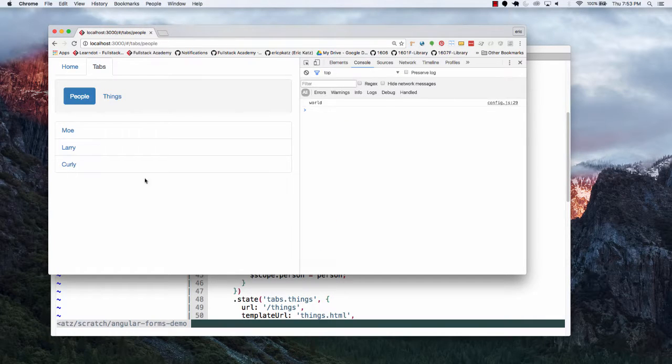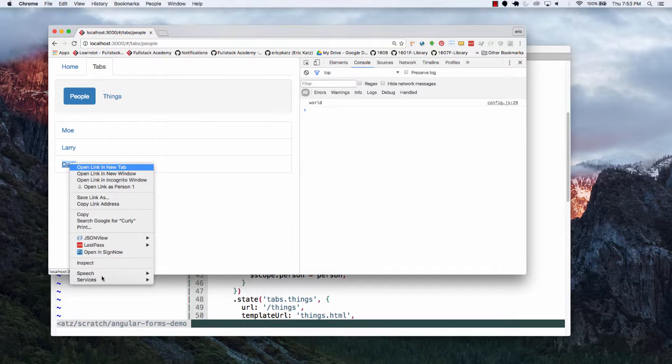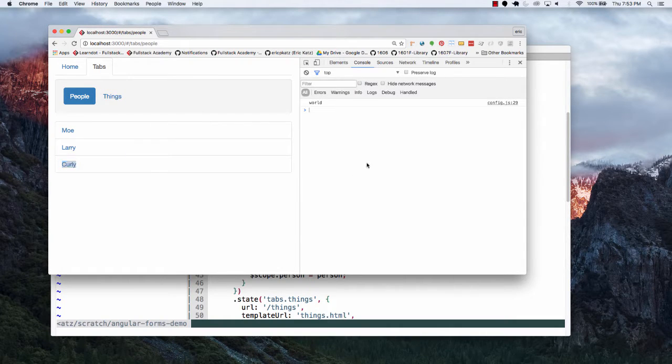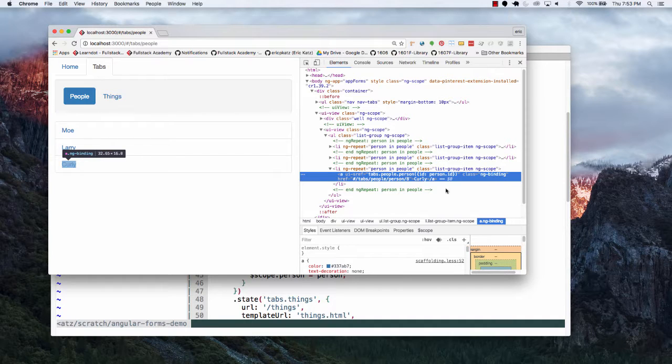So now if I do this, I click on this, okay? I didn't lie to you, right? It silently fails. But there is an href that's being set. I know that because I see the pointer here. And if I inspect it, I'll see that it's actually got an href for tabs, people, person, 8. So now if I go back here,